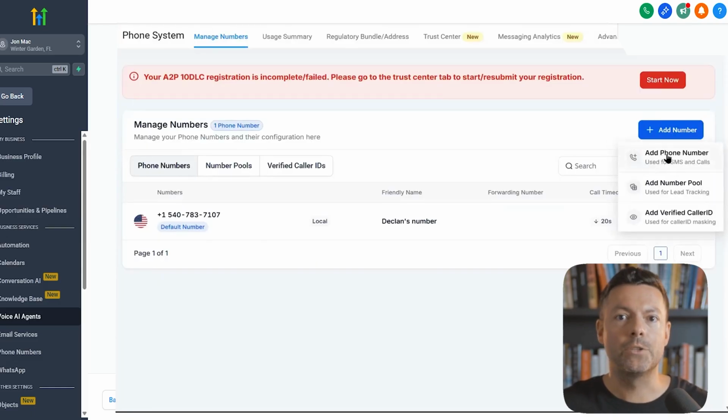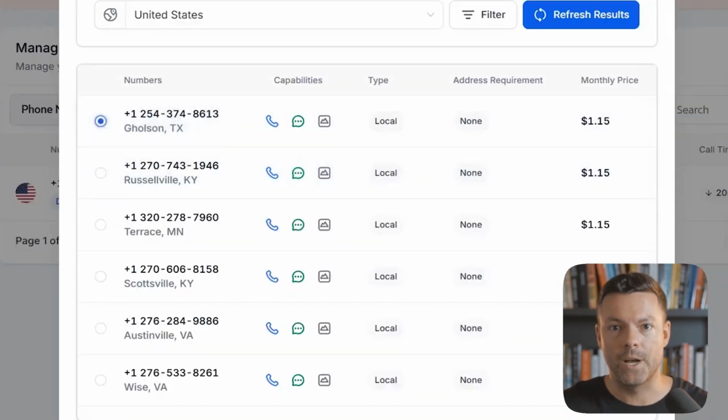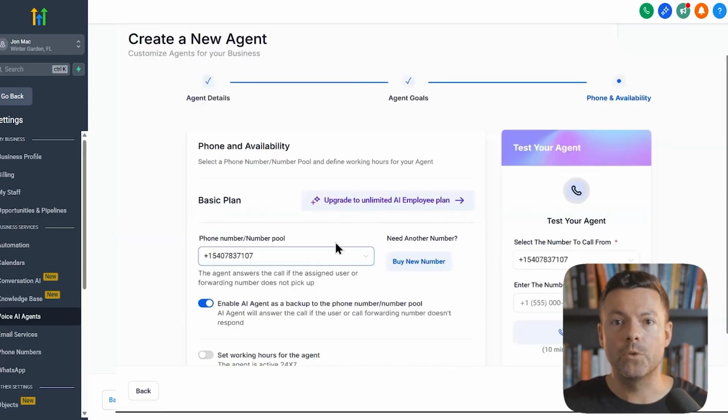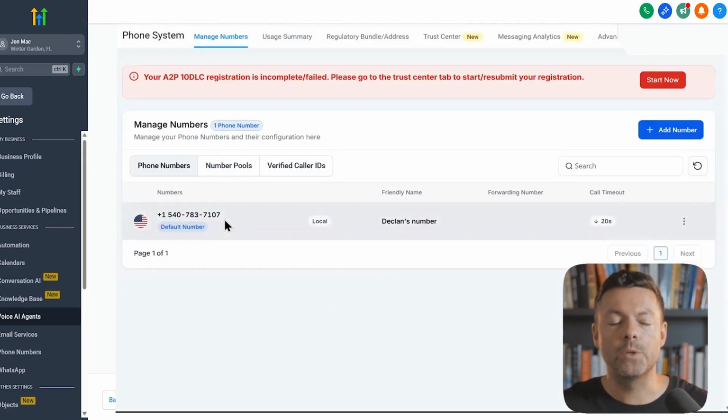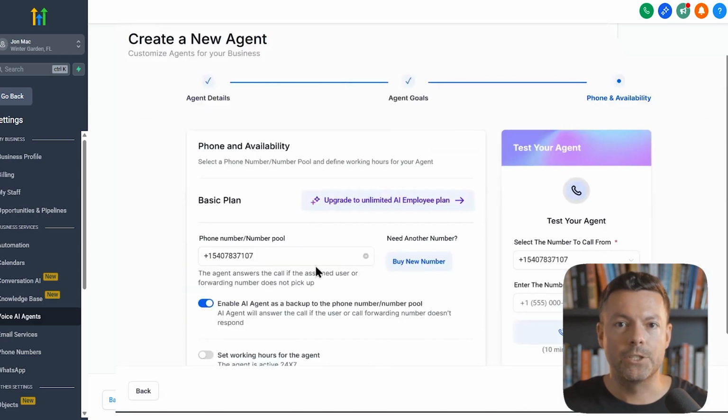It's so easy. You just pick whatever number you want like this and buy. It's $1 for a number. If you already have a GoHighLevel number like I do, again, you can just select it right here and then you're done. But you now may be like, well, my client already has a phone number, and this is the cool part, and I've done this with a lot of clients, is where it becomes awesome. We can set up call forwarding. Whenever someone calls the AI agent, or however they get in contact with it, it's immediately going to forward to